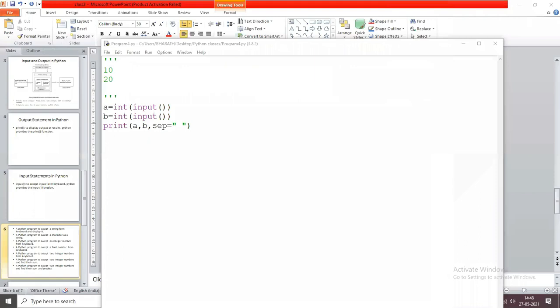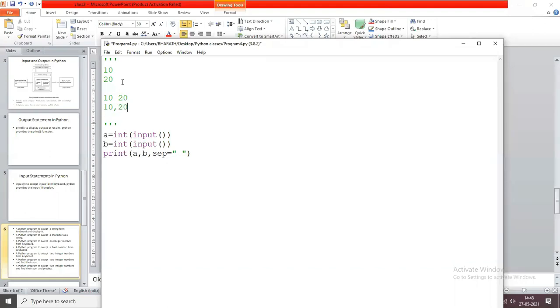So for example, I want to give input like this. Here I am giving the input 10 20, but I want to give the input like this. Everyone please listen carefully. 10 space 20 or 10 comma 20 or 10 colon 20 or 10 at the rate 20, like this. I give the input in the same line.